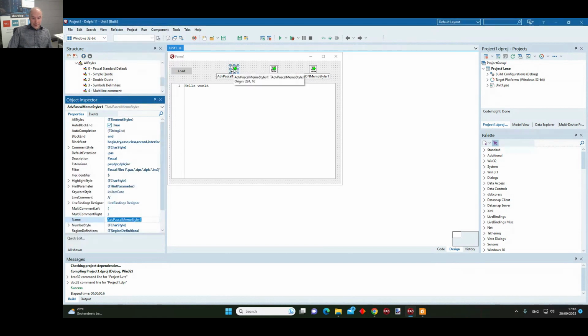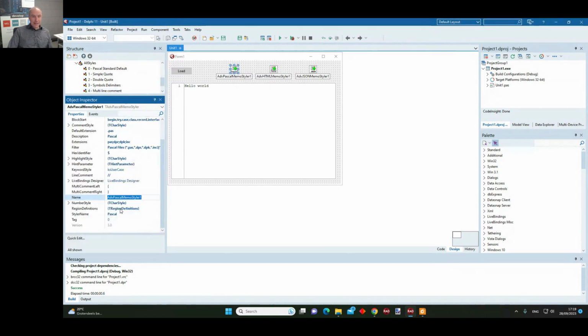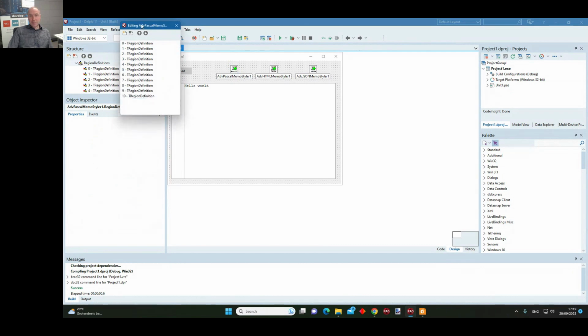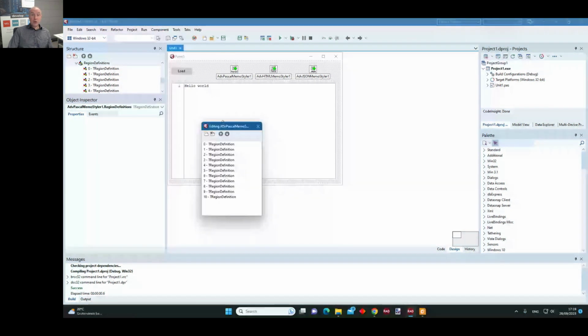Another one that I wanted to mention under the styler is the region definitions. Region definitions are used for code folding, and region definitions is a collection of specifications of types of regions within your code that you will want to use for code folding.